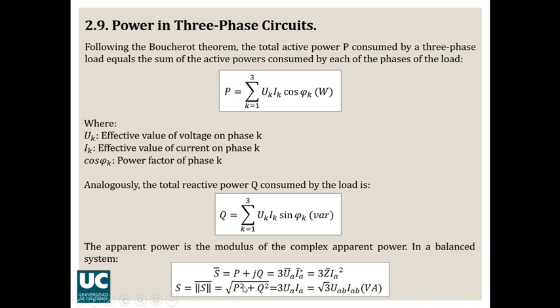square root of P squared plus Q squared if you have these two components. On the other hand, you can multiply 3 times the absolute value of the phase voltage by the absolute value of the line voltage. You can also do the square root of 3 multiplied by the line voltage in absolute value and multiplied by the phase current in absolute value. All these expressions are equivalent. So in one particular problem, depending on the information that you have in the statement, you are going to use one of these expressions that you have here.